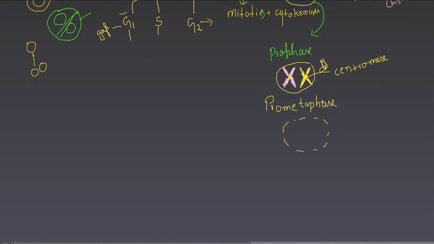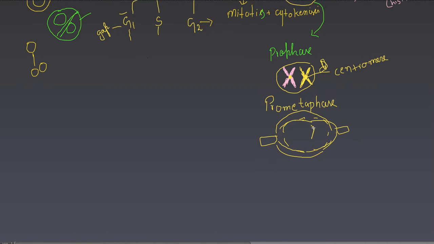And the centrioles move in the opposite direction. So the centriole moves here, and the centriole moves here, and they're trying to move in the opposite direction. And the early spindle formation, the formation of the microtubule spindles, which is like a net, starts forming around the cell in order to help mitosis occur. So the nuclear envelope starts to disappear, and the chromosomes are still